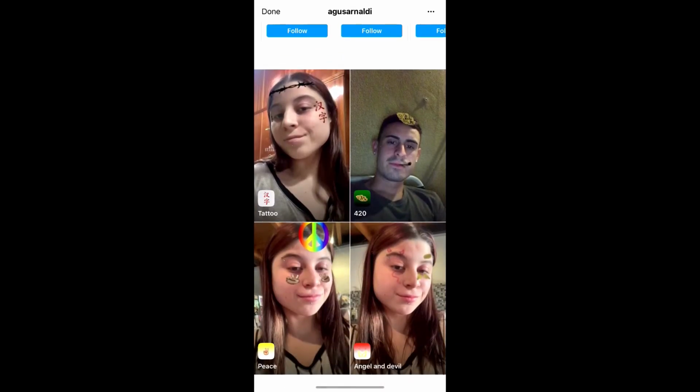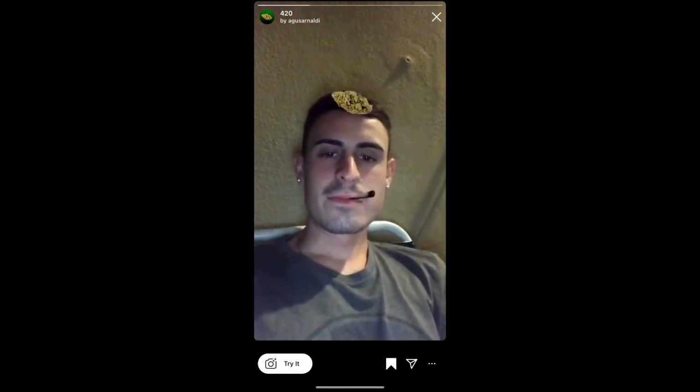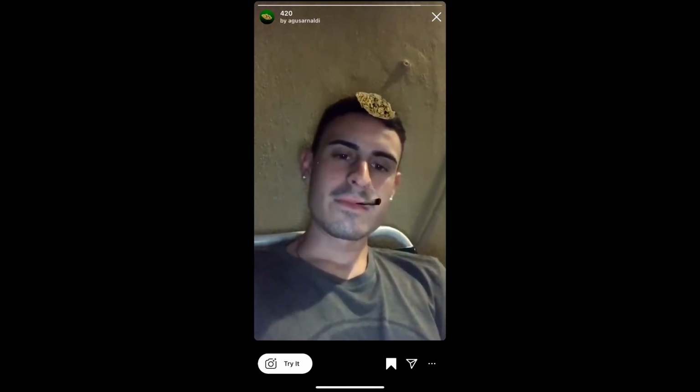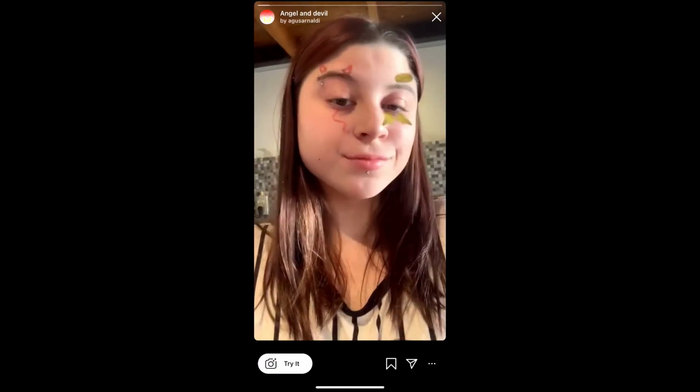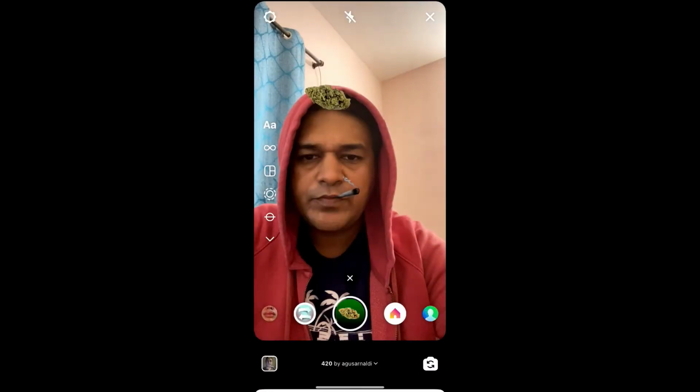So this is the filter 420. Tap on it and you will see this preview. From here you can save it to your Instagram camera tray and you can tap on try to try the filter. Okay, and suppose you are not getting the effect like this, then what you can do,